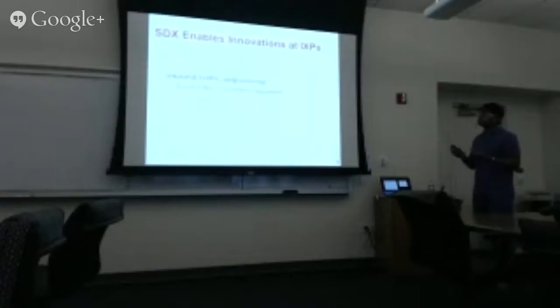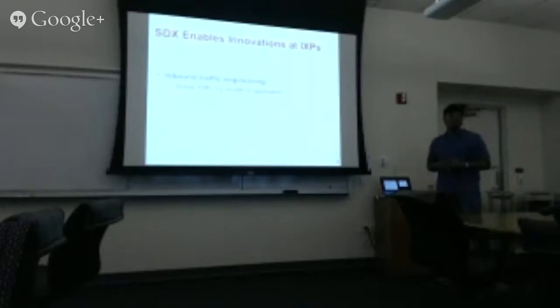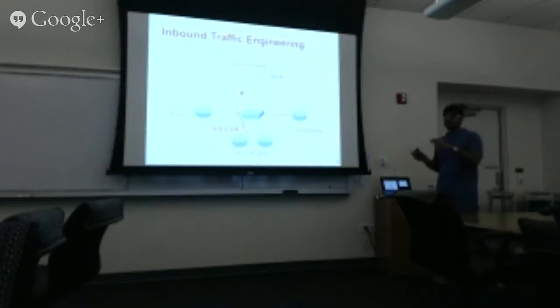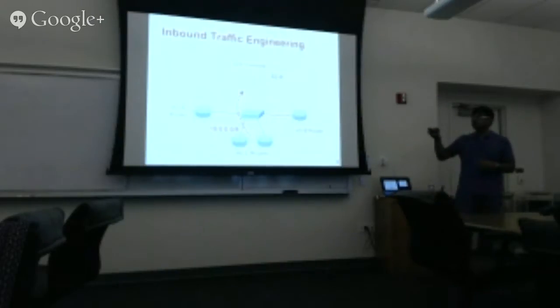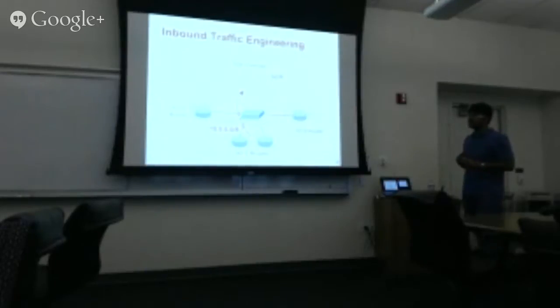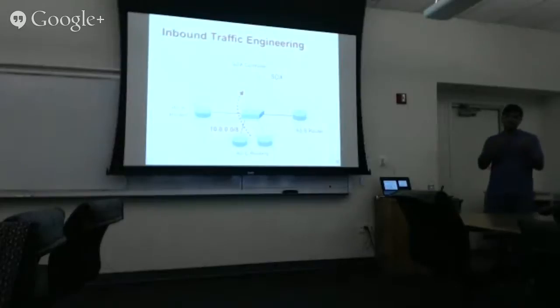So moving ahead, there's another example I want to discuss. It's inbound traffic engineering. So you want to basically divide the traffic which you're receiving. You want to make a choice about how you're receiving traffic for the prefixes you advertise. Let's consider a simple scenario here. We have 3 networks, A, B, and C. All 3 of them are connected to an exchange point, and C has 2 routers at the exchange point. It is advertising a prefix, and it wants to control how it is receiving the traffic